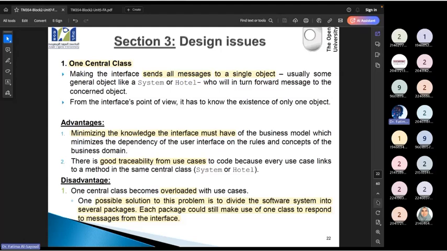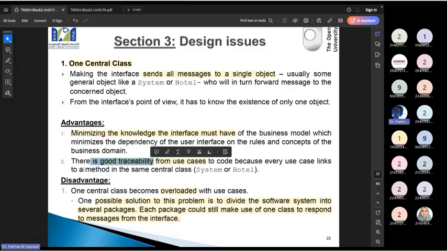I mean, where is it going to be sent? To whom? It will make thinking easier for us, and it is also good for traceability. If there is any issue with the first message, we always know that it is sent to one object, which would be the hotel. If I have a specific specialized object, then I know that every message to check in, to check out, to do whatever will always go to the hotel. All of them go to the hotel.